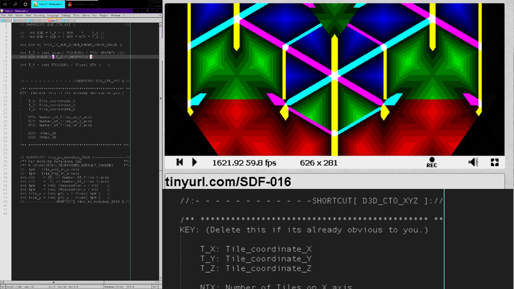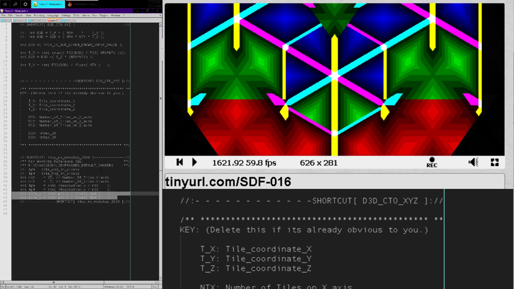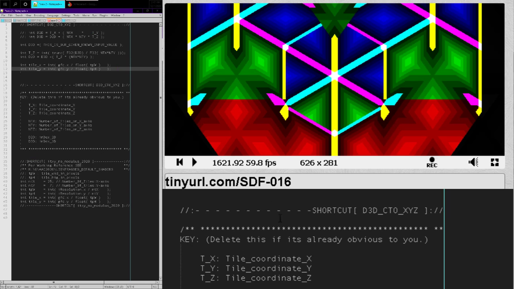Because it's the tile z multiplied by the area of the cross-section, right? And then minus, okay. So now that we have the two-dimensional index, we can just use the standard tile x, tile y kind of math again. So this was wrong here, so we can just forget about that. And so we can say that this tile x, we can just fill this out now. So tile x equals